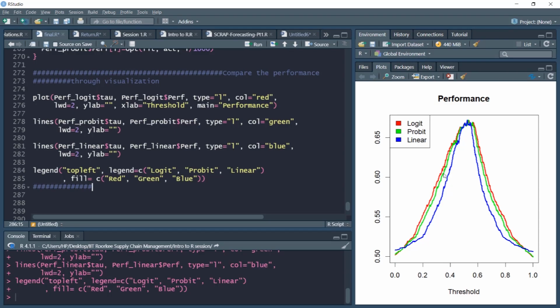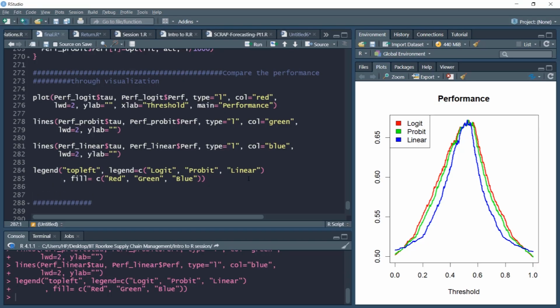Next is the probit, which is the green one. Although they are very close, still for most of the cases logit is higher. Linear is the lowest one. They are pretty close. As we said, this is expected because the distribution of ones and zeros is pretty symmetric, 50-50%, but nonetheless logit performs better. Then second we have probit, and third we have linear.